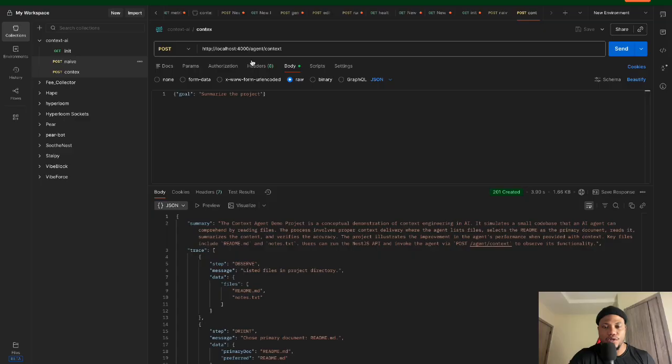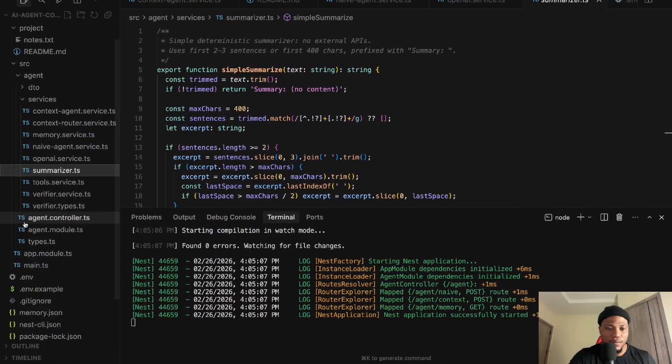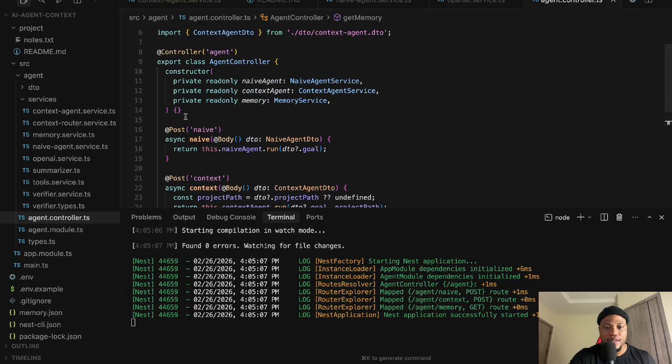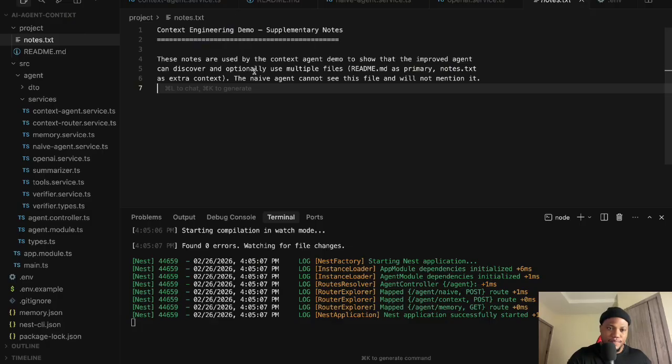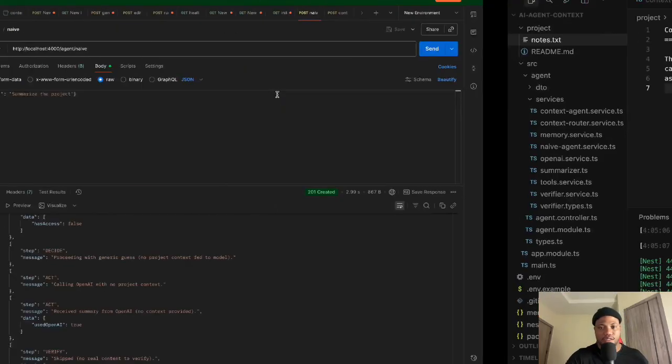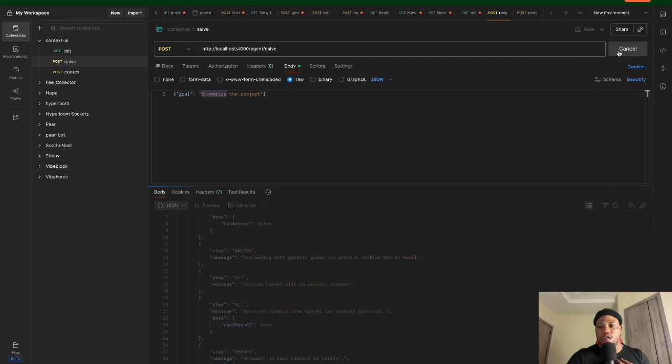So I think we can make a call. You can see I've tried some already. So we are calling the naive route. If you can see where we get the route from here, we are calling the naive route. This naive route did not pass context. It didn't pass any context of this project. So we're going to just say summarize. The goal is to just summarize the project for us. When we make this call,